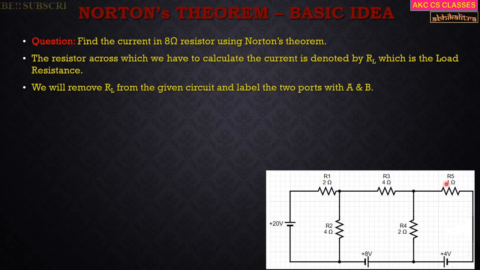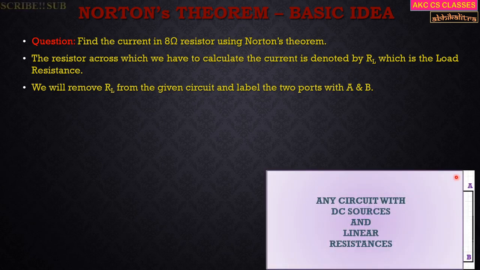So this is the modified circuit diagram. See, I have shorted the two terminals A and B. These are the two terminals A and B, and we have to find the current that is flowing through this particular section A and B, or through this particular wire A and B, right? Now all the circuit elements to the left of A and B are passive in nature in case of Norton's theorem. That means if I cover all the circuit elements to the left of A and B with a rectangular box, then this rectangular box will contain all the DC sources and linear resistances, right?